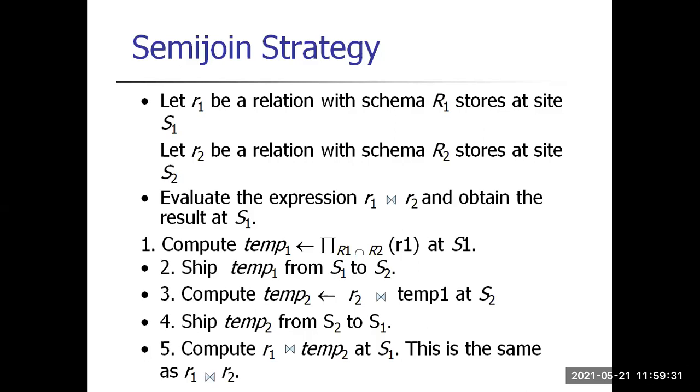Then compute the value into temp 1 from the union of R1 and R2 at the step of site 1, and ship temp 1 from S1 to S2. So again the data set that is required goes from site 1 to site 2, and then the computing process goes on. That's how fragmenting, or segregating, the data helps us: for each query only the particular part which is actually needed is shipped to the local site so that the query can be processed, not the total data set every time.